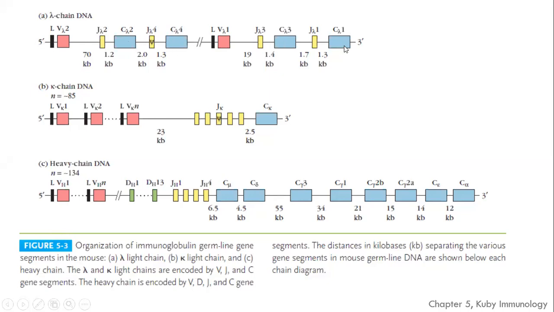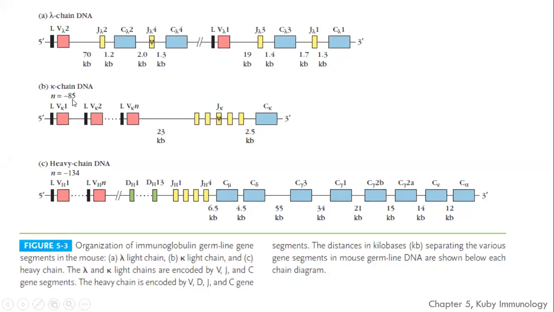Here, 1, 2, 3, 4, only 4 units are there, randomly arranged here. And there is a J region, 1, 2, 3, 4 again. The V variable region has only 2. And remember that the leader sequence associated with V always comes at the anterior of the V. Also look at the direction of how the chain is going: from 5' to 3'. The anti-parallel 5' to 3' will bring complementarity here. And always look at this designation.